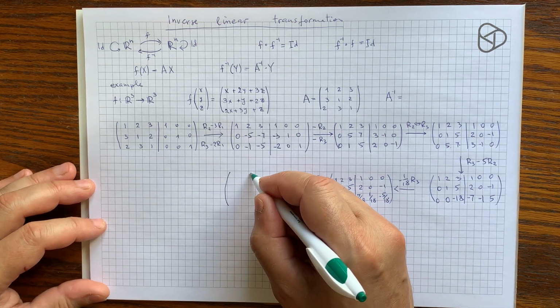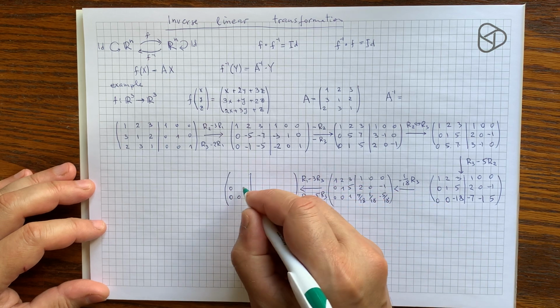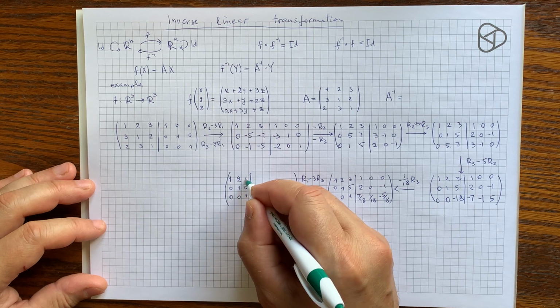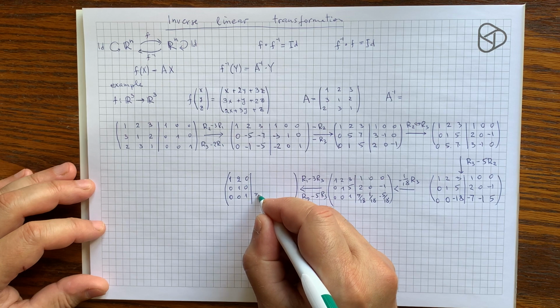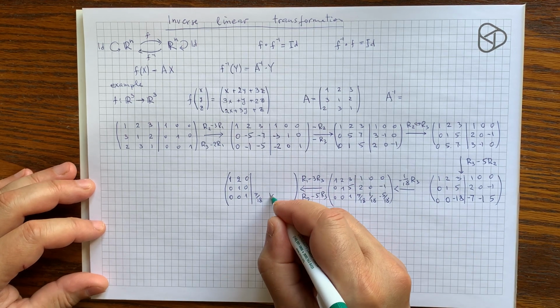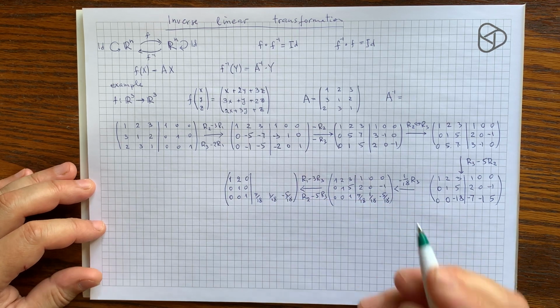That will make the last column looking perfect. The last row in the extended part is what we're transforming with, but itself it's not transforming. So I'm just copying it and now